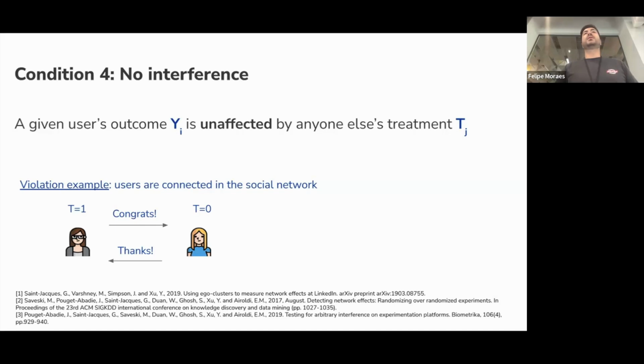An example: when you release a new feature that is specific to certain users, and these users share the same network, some users see this feature and some users don't see that feature, right? And they might share something, or there are users that have two accounts or something like this. There are many resources available that tackle this interference problem, but you will need to guarantee that in an experiment, people don't interfere with each other.